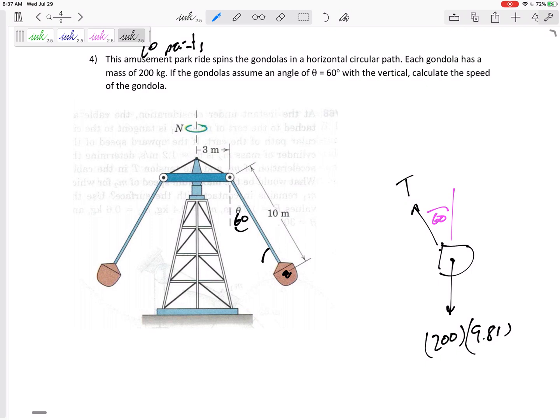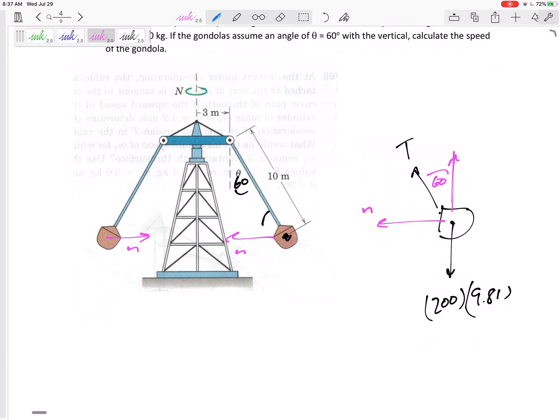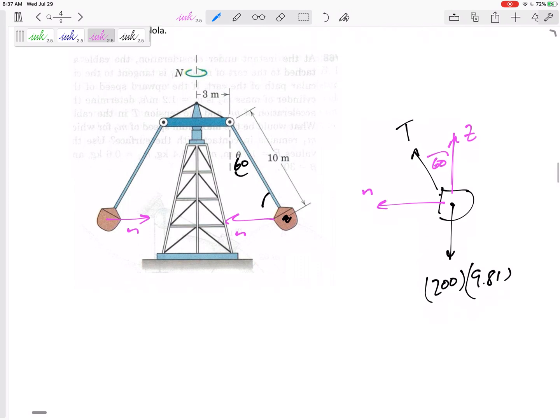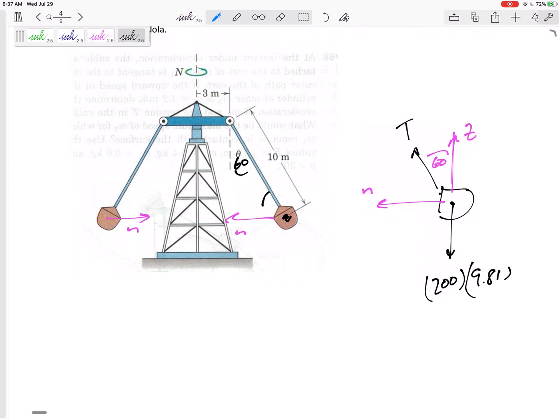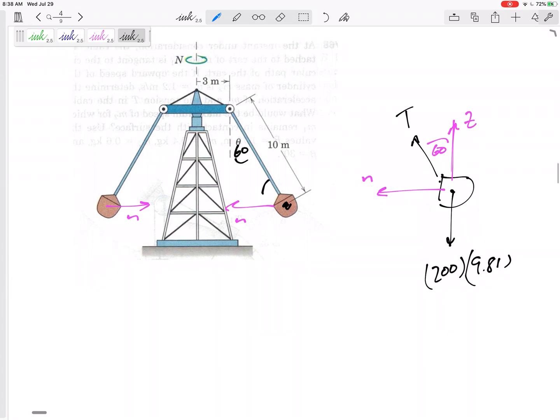Now, let's define our normal and tangential directions. Normal is into the curve, right? Normal would be right here, into the curve. If we look at this free body diagram, it would be into the curve right there. Tangential would be actually into the page, and Z, I'll call it Z, our other direction would be right there. So drawing a good free body diagram, drawing your axes, labeling your axes, normal, tangential, and the other one correctly